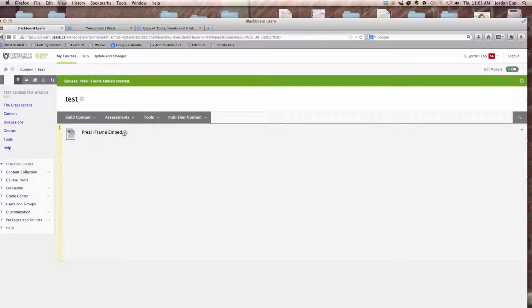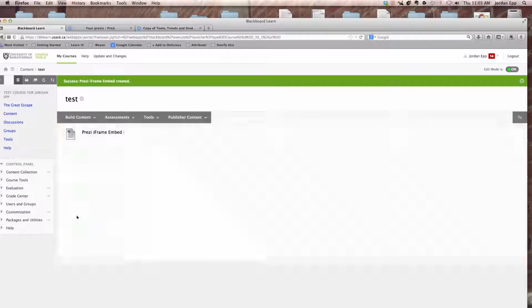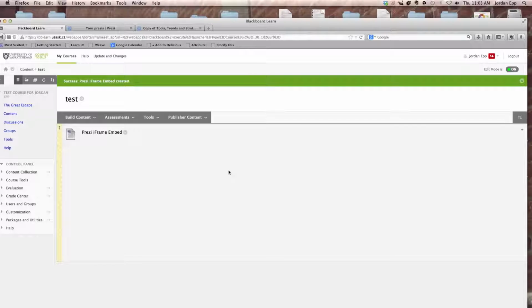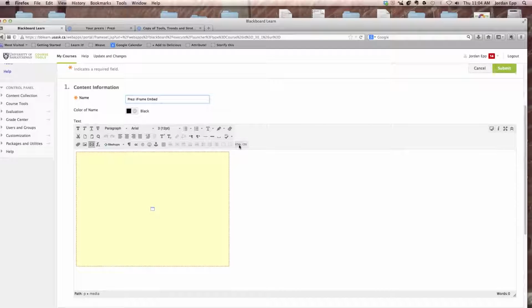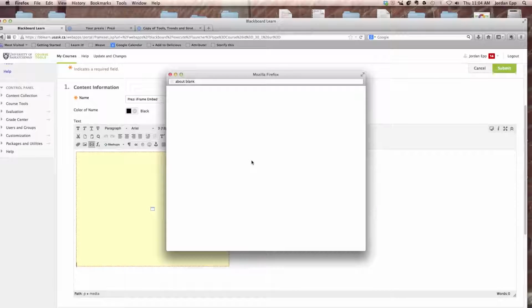So how do we fix this? And again, that's the issue because of it being an HTTP iFrame URL as opposed to HTTPS, which is what the page is. So the browser is saying we don't want these mixed, so we're not going to allow that to happen. And there's ways around that, but they're not really secure ways. So I'm going to show you the secure way to get that in there. So we're going to go back and we're going to edit this. So now if we go into the HTML editor for this particular object,